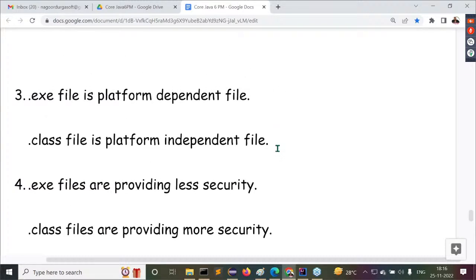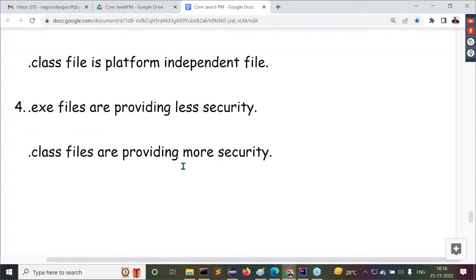Up to the third point, we understood clearly. Already we have the reasons. Am I right or not? As we understood in yesterday's topic. Up to three points we understood clearly. The last point I'm telling you once again, try to understand it now.